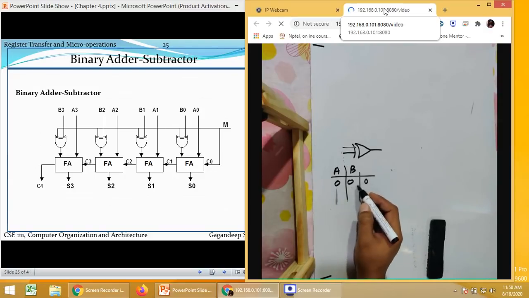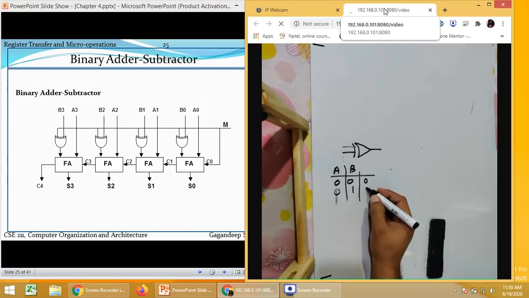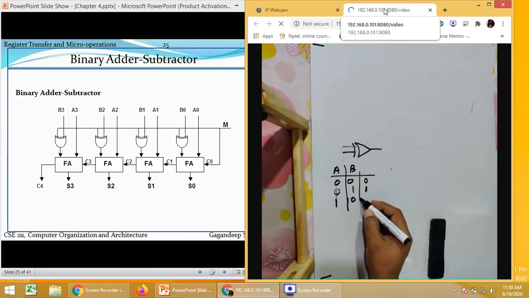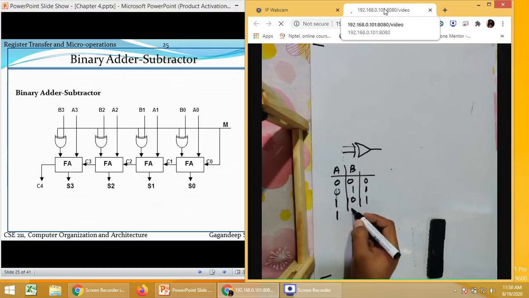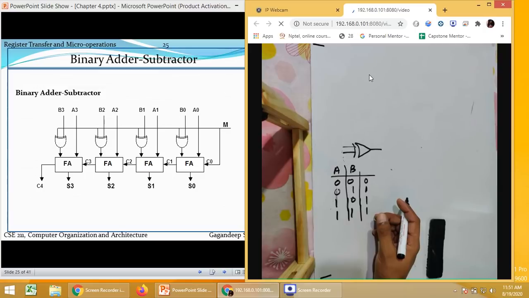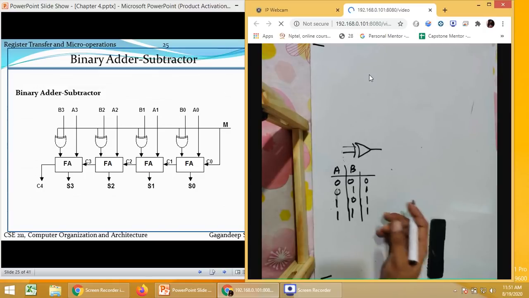So same input, output will be low. If inputs are different, output will be high. We also discussed that XOR is used to find out, if we are comparing two values, whether those two values are the same or not. If both the values are the same, the output will be low. If both the values are different, the output will be high. So that is a XOR gate function.